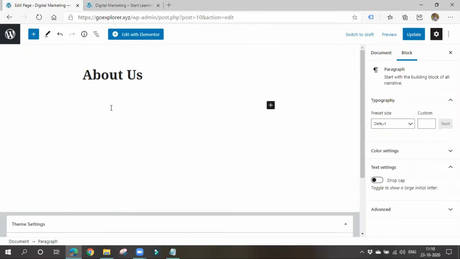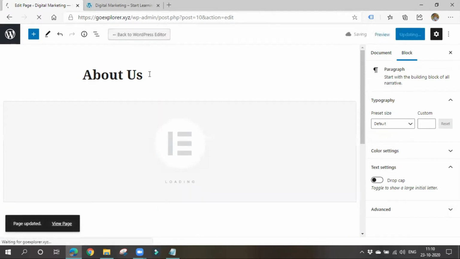Here we can write some content, we can add images, we can add videos, whatever it may be. Now we'll be going to a front end editor with the help of this Elementor. Click on this option, edit with Elementor. If you want to go back, you can click on this option so that you will be coming back to WordPress editor.